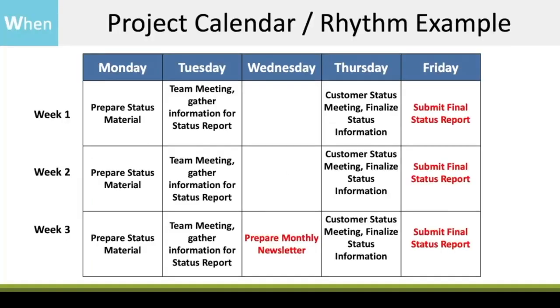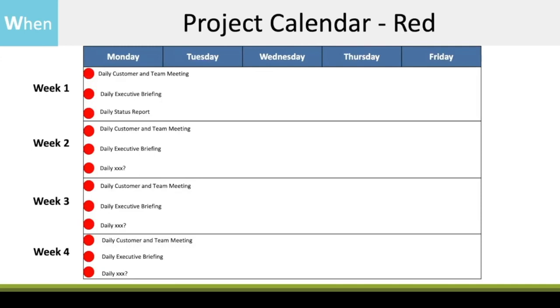Let's keep going. The project calendar. We've talked about these for years, right? When do the teams get together? When do the reports go out? When do we submit our status reports, right? Well, what happens when the project goes to red? Well, we continue to stay in these daily meetings, right? On Mondays, daily team meetings, daily executive briefings, daily status reports. Week 2, same thing. Oh, maybe there's daily something else, a financial report or whatever. Week 3, week 4, right? Hopefully projects don't stay in red that long, but you're starting to look at, from a calendar perspective and the rhythm perspective, how things change when a project goes to red.